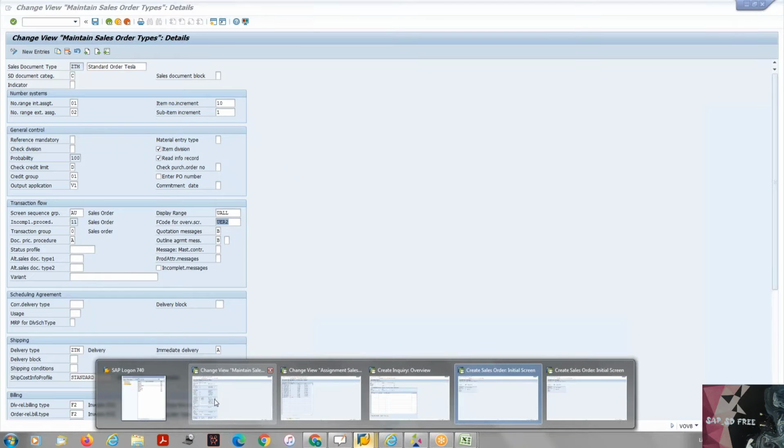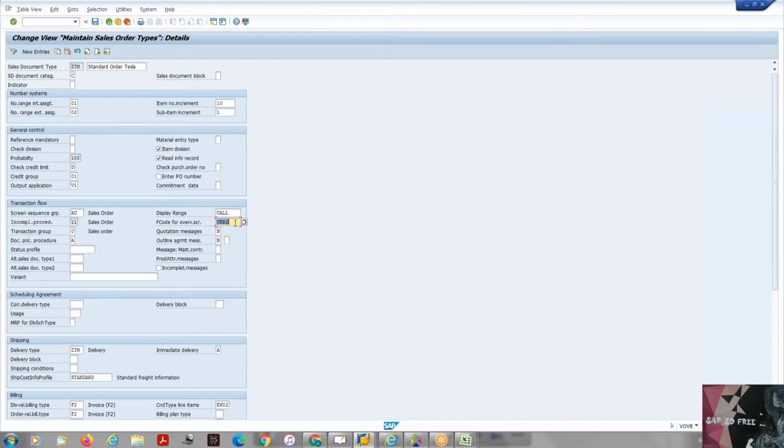Okay, all right, so this is all about the overview screen that you're able to see here. And again, the transaction group that we spoke about, it's okay. Here we have the quotation messages and outline agreement messages. Basically the purpose of this field is to provide some messages to the user during the order creation. Sometimes the sales order will be created with reference to a quotation, for the same customer, for the same material. If there are some open quotations, or some open outline agreements,